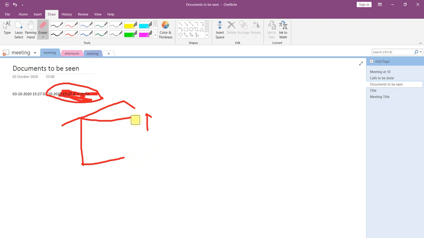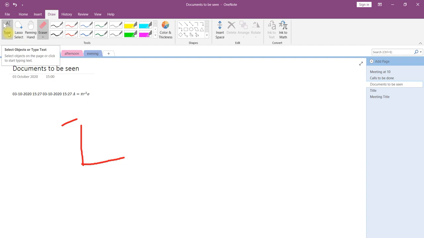You can start erasing just like how you use a pen, pencil and eraser in regular life. Then if you would like to go back to normal, you have to go to Type.